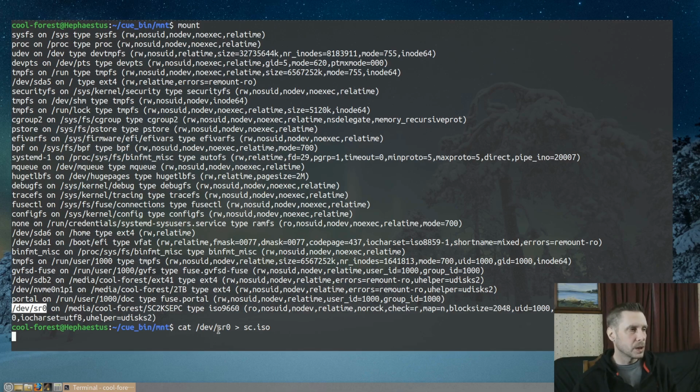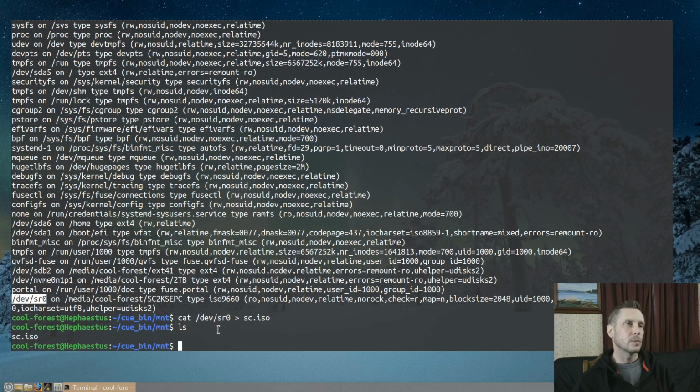Probably hear that spinning up in the background. Using this method, there's no indication of progress or how long things take. There are other methods to do this. You could use dd. So now, if we do a list in this directory, there's our ISO image.